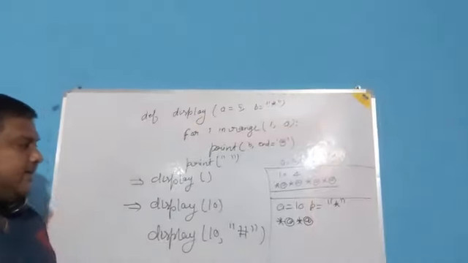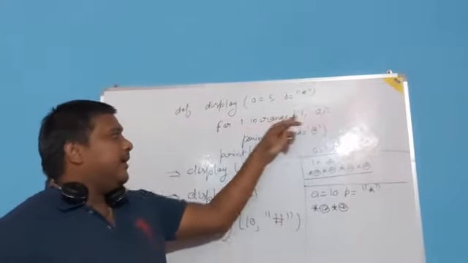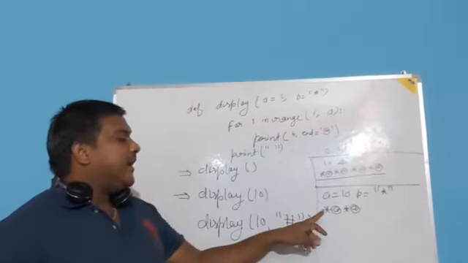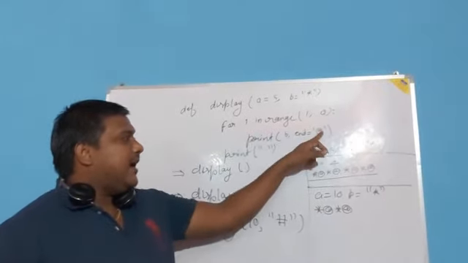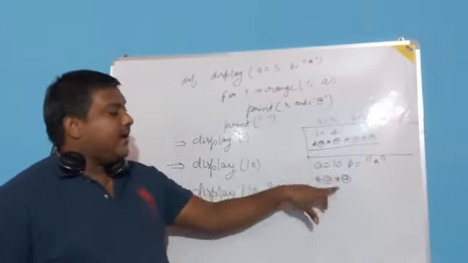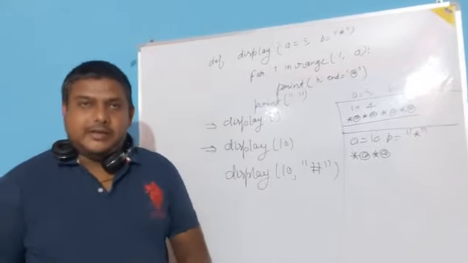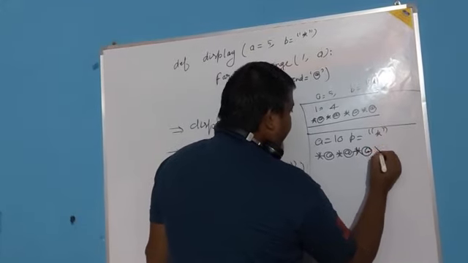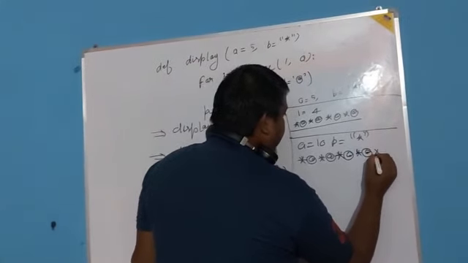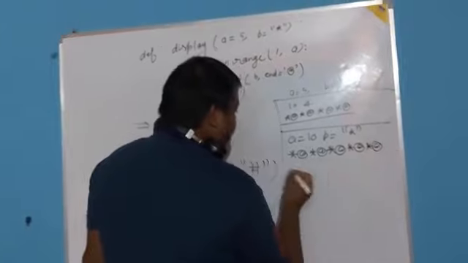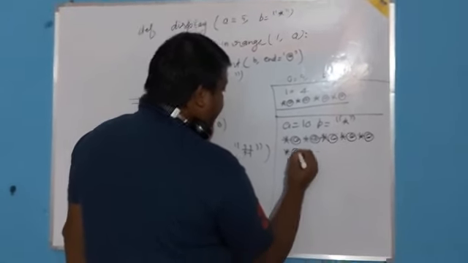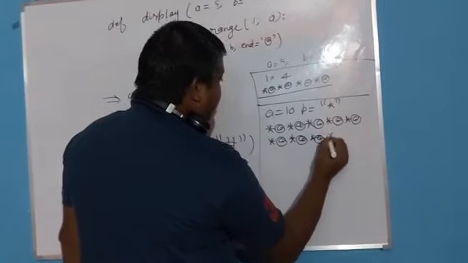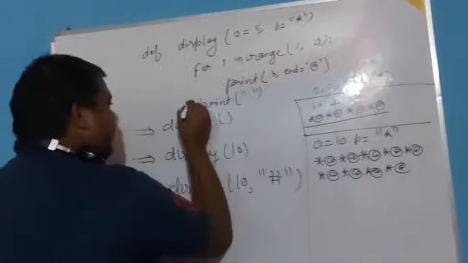I think you understand how this output is coming, because how many times will this loop run? 9 times, 1 to 10. So here how many times will output come? b, asterisk at the rate, then again second time this one, like that it will go 9 times. So output will come here asterisk at the rate 3, asterisk at the rate 4, asterisk at the rate 5, and it will continue asterisk at the rate 6, asterisk at the rate 7, asterisk at the rate 8, and asterisk at the rate 9, and the line will change.